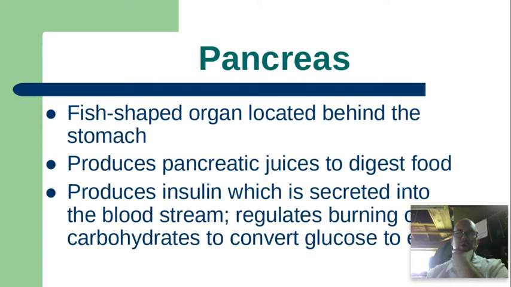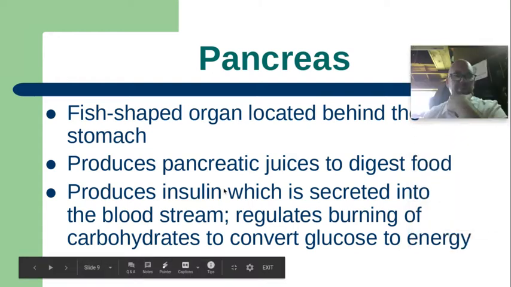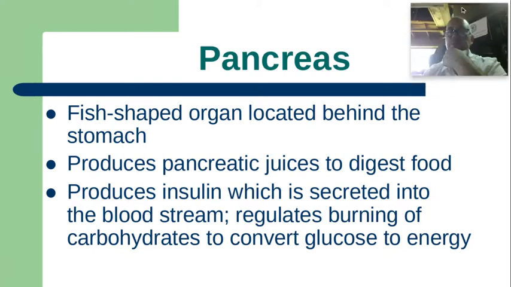Pancreas, a fish-shaped organ located behind the stomach, produces pancreatic juices to digest food and produces insulin, which is secreted into the bloodstream, regulating burning of carbohydrates to convert glucose to energy. So the pancreas itself, one of the big things and most important portions of this is the secretion of